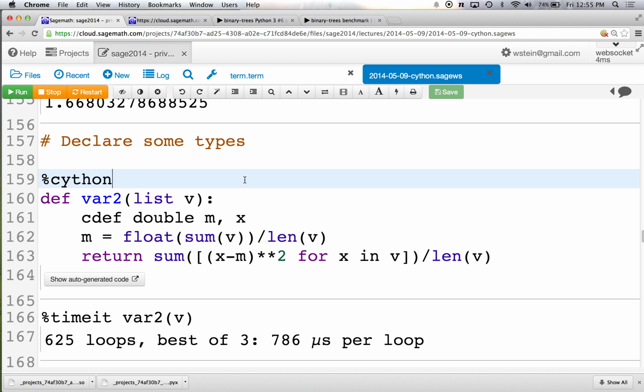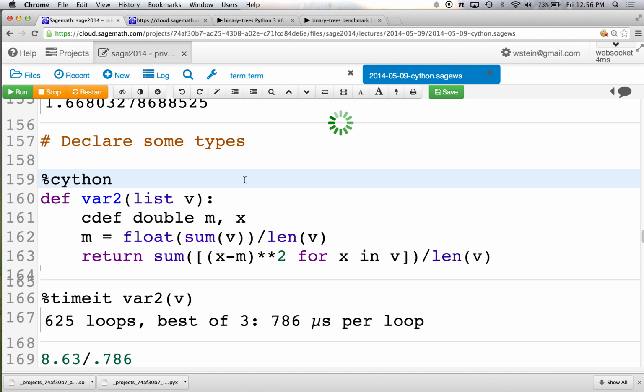So instead of the code having to figure out whether B is a list or some other iterable object, it'll just assume from the start, or it'll convert it so it's definitely a list everywhere down here. There's some very small savings from that. But also M and X, anywhere they appear here, which is, for example, right here, they will be C-level doubles. And so you might get a little bit of a speed up from declaring these types.